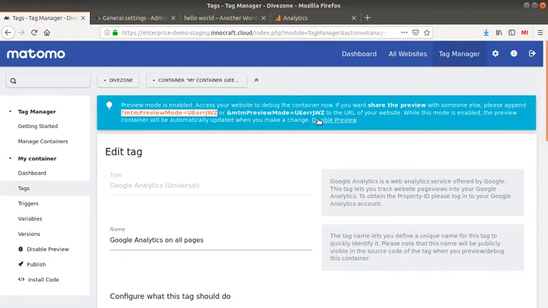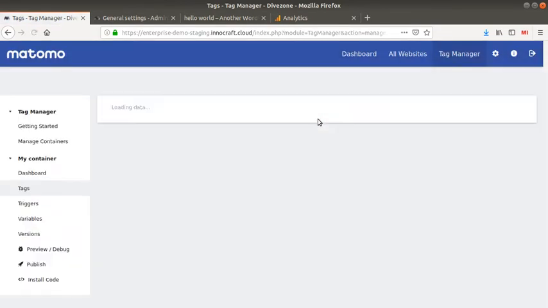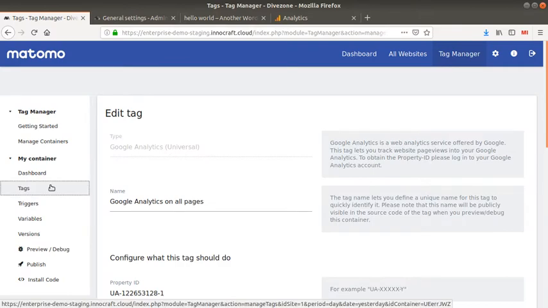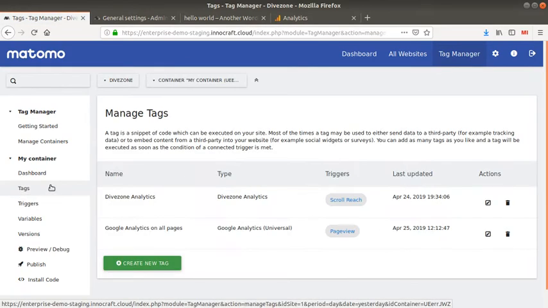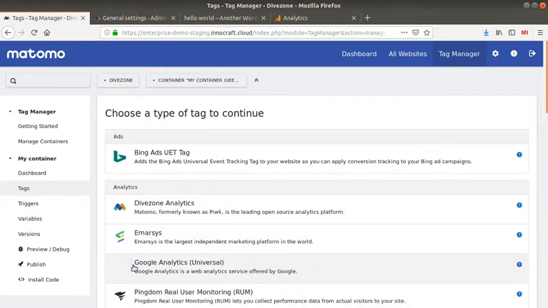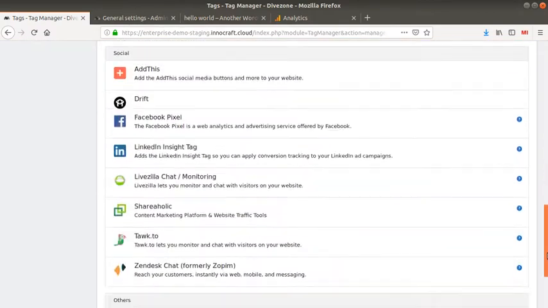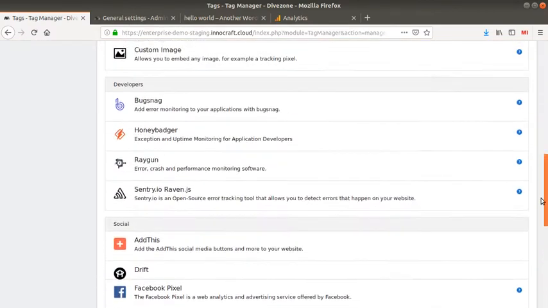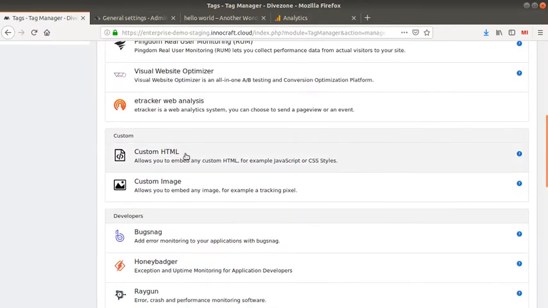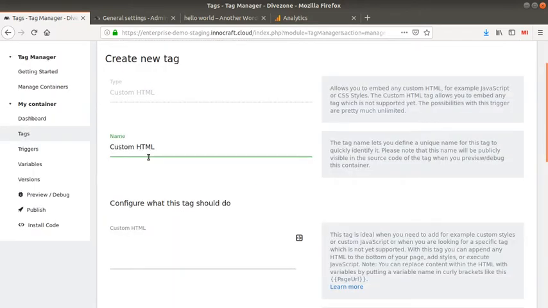You can add some other tags as well. I'm just going to click over here and create a new tag, and as you see, you can choose any other vendor. I'm just going to show you the custom HTML one because this one is also very interesting. This one requires a bit of security from your side.